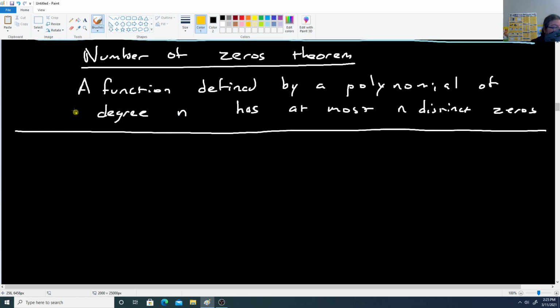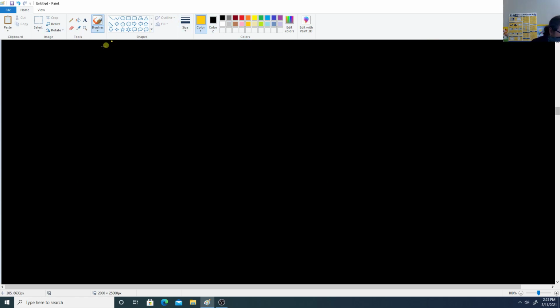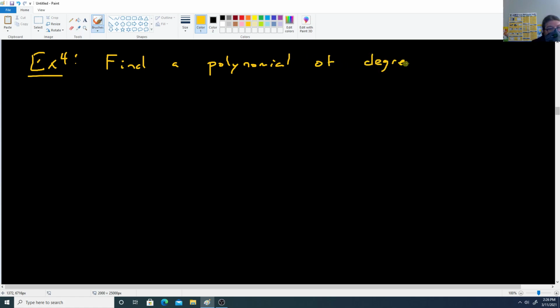So for this example, we want to find a polynomial of degree 3 with real coefficients that satisfies